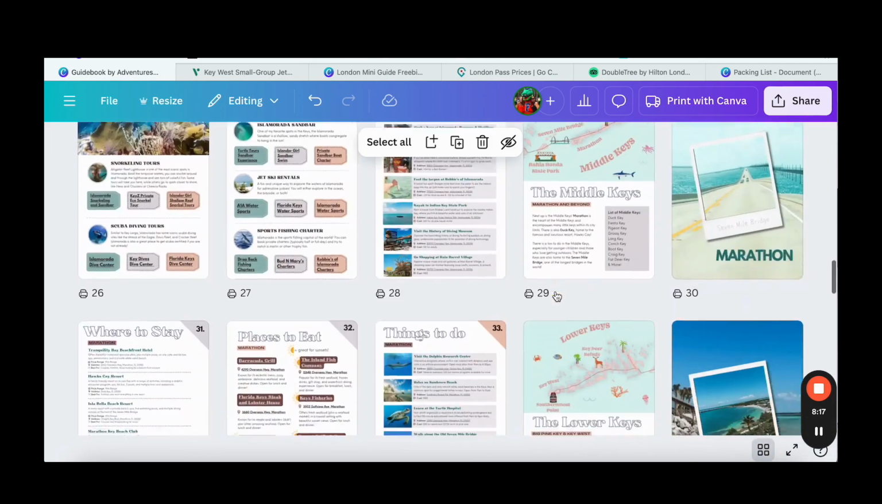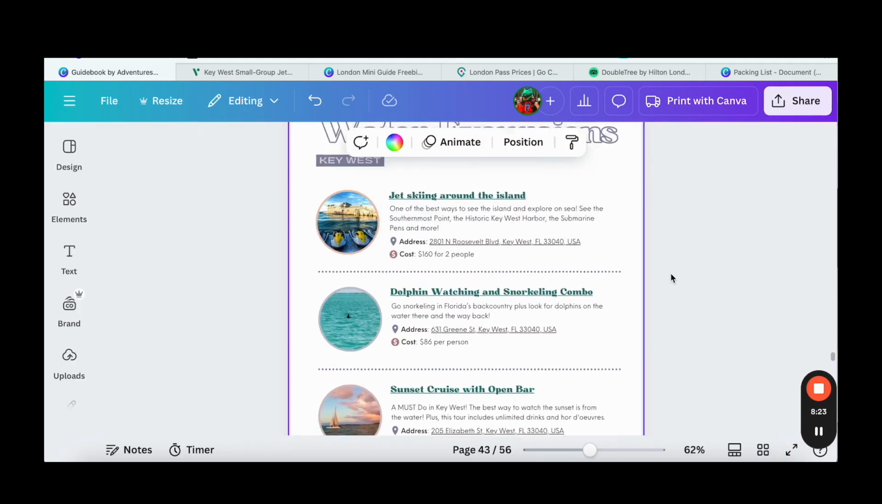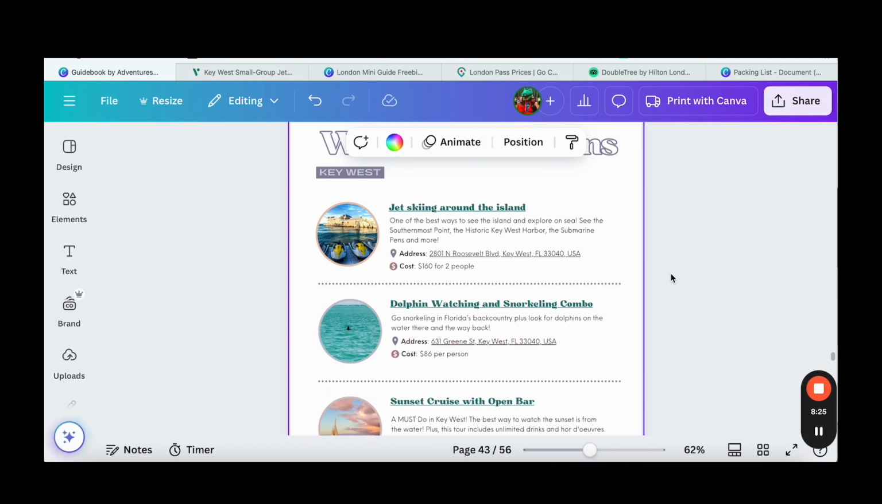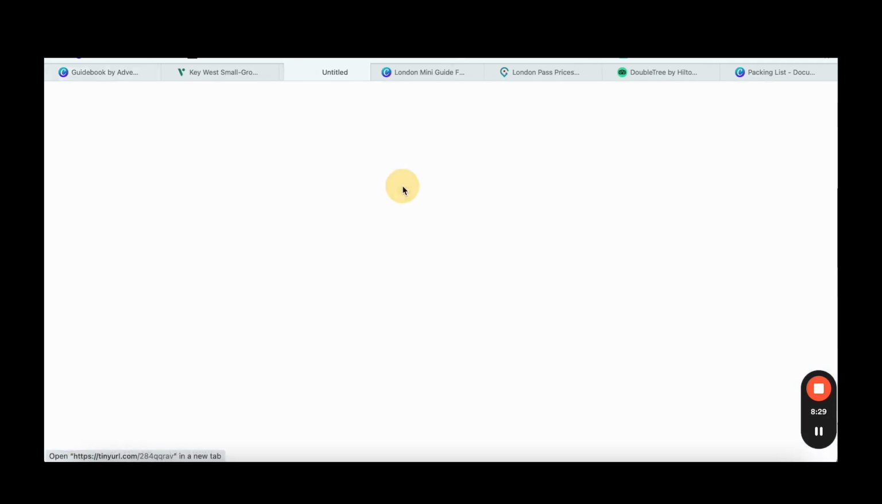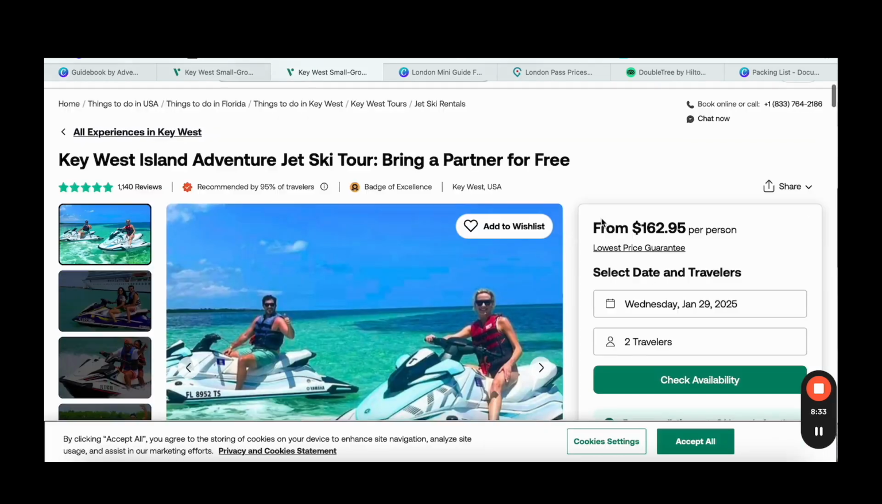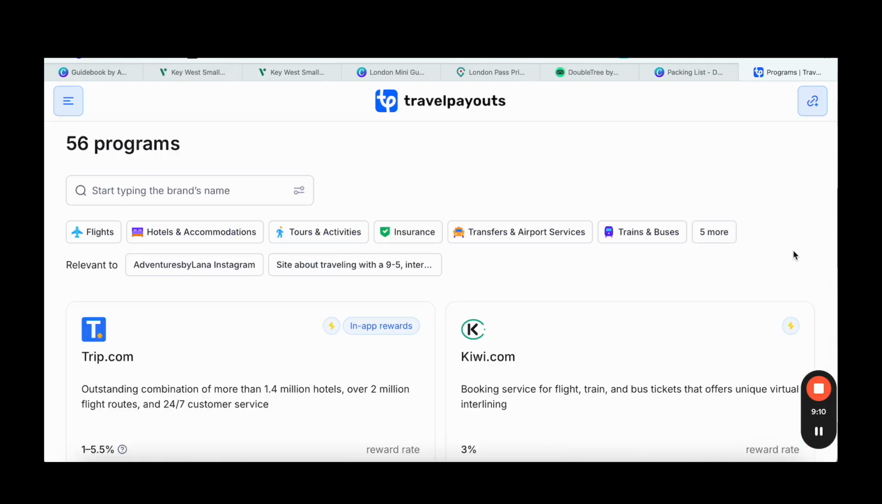But if I come down to another example like these water excursions in Key West, you can see I just list out one example per tour and then have the affiliate link in here. So if I open this, it'll take me to Viator, where they can book this tour and I earn a commission. So as you can see, there are tons of different ways to incorporate affiliate links into your digital products,